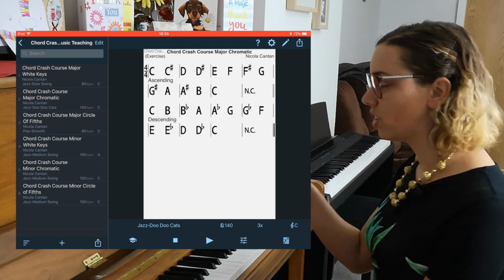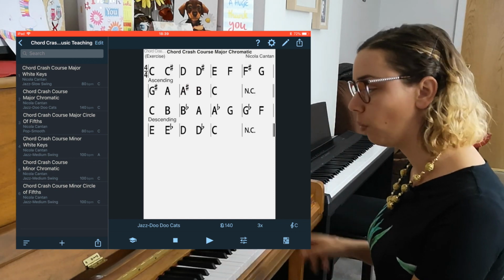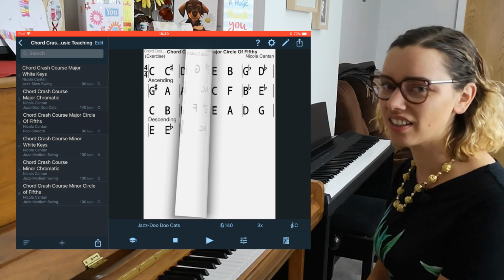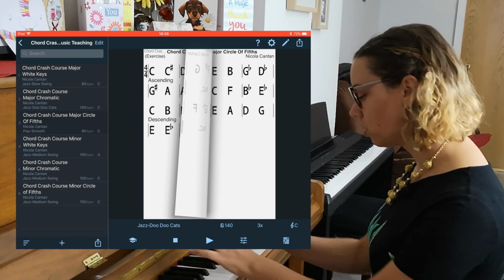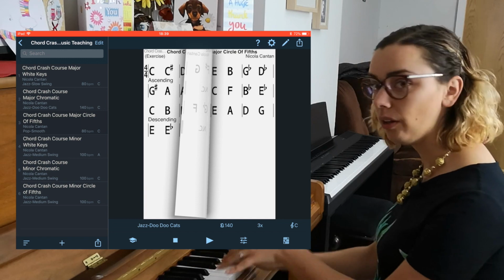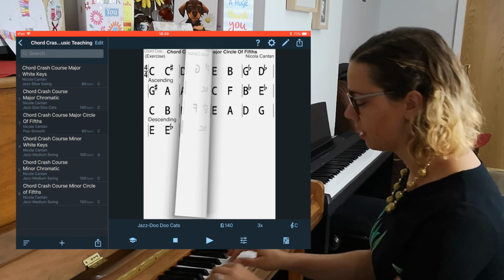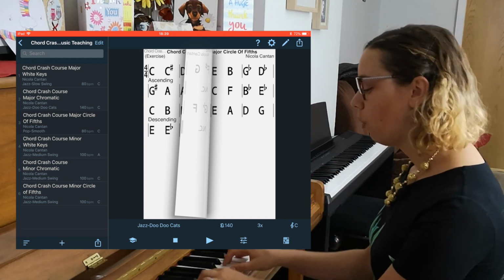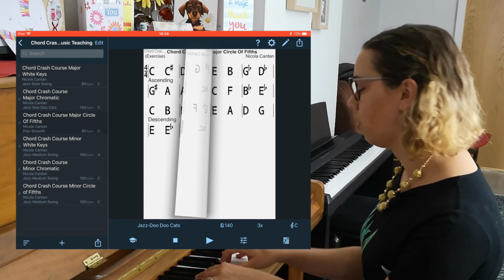Okay, so once they can do the chromatic chords really well and really smoothly, it's time for the real challenge, and that's to play around the circle of fifths. Because now they can't just rely on knowing the patterns and feeling them out, they have to really know the chords at this stage. And they've done lots of prep, so they should be able to get it pretty fast. We do around the circle of fifths going